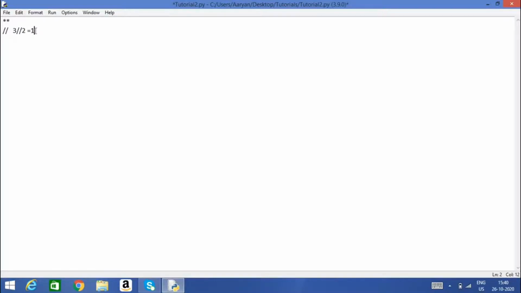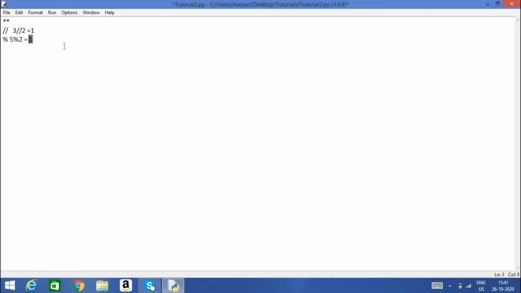And there is one more operator, that is the modulus operator, and it's the percentage symbol. If we write 5 modulus 2, then the result would be 1, because if we divide 5 by 2, the remainder would be 1. The modulus operator gives the remainder of the problem, so it just divides and gives the remainder. There are a few more operators that I am forgetting about right now, but we can go into them later